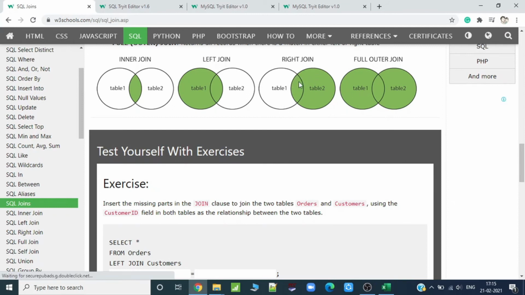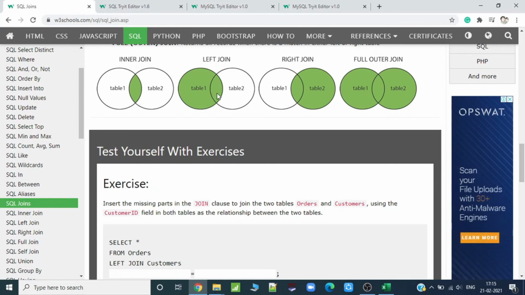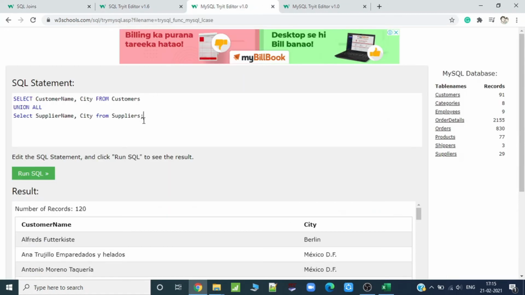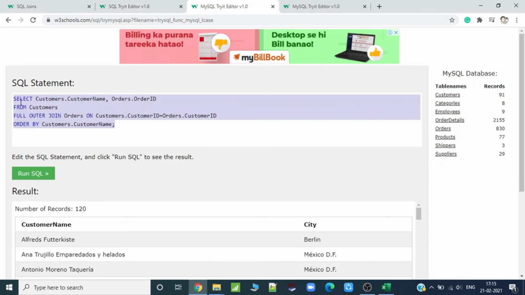So this join, the one in the middle, will appear one time only, and this table one will be there, and then table two will be there. So you will find that left join, union, right join will make your full outer join. Hope you understood it. Let's take it with an example also. The simple example that we are working on, right? So this example does not work.